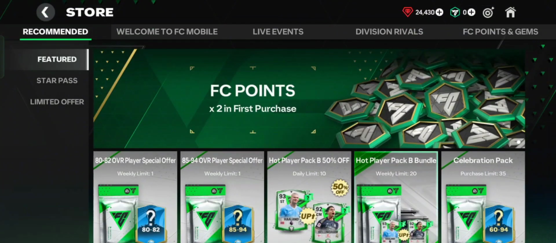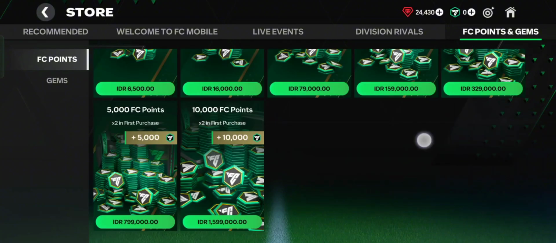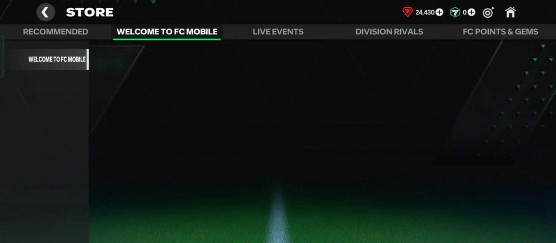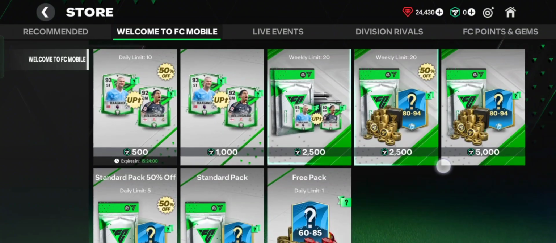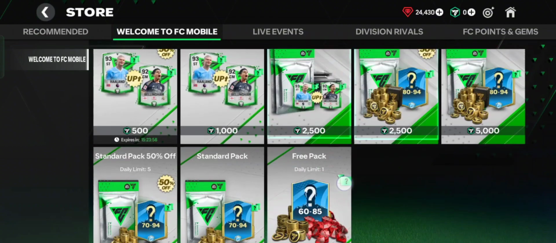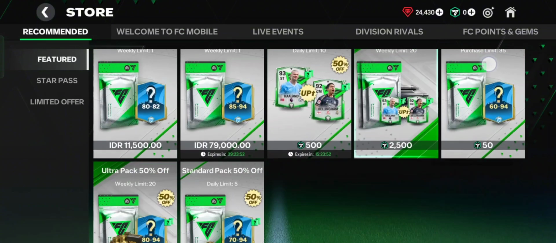And as you can see, there are some options here. FC Point and Gems, Division Rivals, Live Events, Welcome to FC Mobile, and Recommended. So in Welcome to FC Mobile you can get free pack here, but I want to show you this one, Recommended,